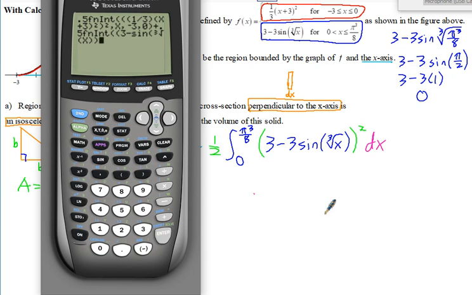Then close parentheses on sine. Then close parentheses on this whole expression so we can square it. Then comma x. Comma, lower limit is 0. Comma, upper limit is pi. You can either use the caret button 3, or if you hit math again, you can see number 3 is cubed, divided by 8. Close parentheses, and then enter. Sometimes on these, especially the ones with the roots, they can take a little while to integrate. So we get